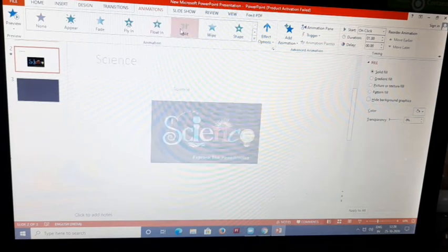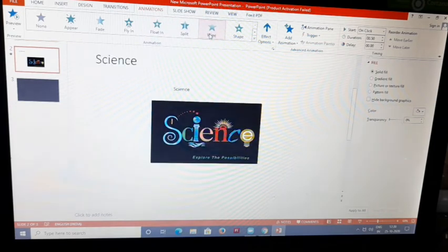There are so many options to display different animation styles. You can try any of them. Then the duration and the delay we can change. So this is the way to animate an object. I am choosing this.